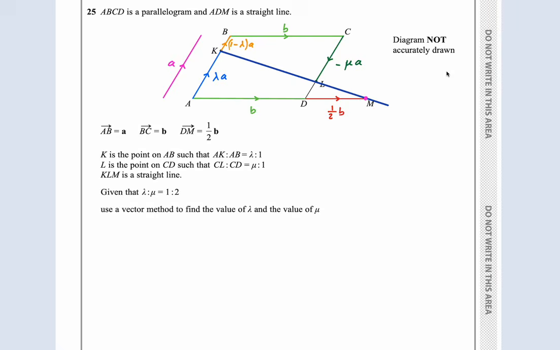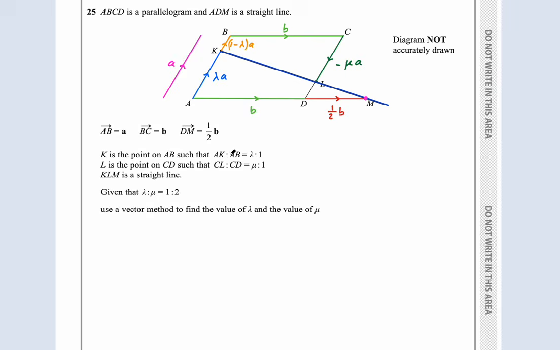So what I'm going to do is start with finding KM, and then I'll find KL, and then I'll make them multiples of each other. Given that lambda to mu is 1 to 2, okay, they've made this question